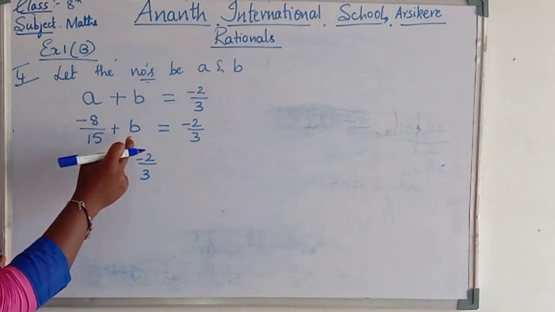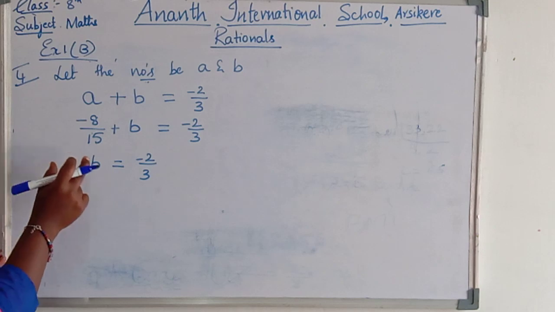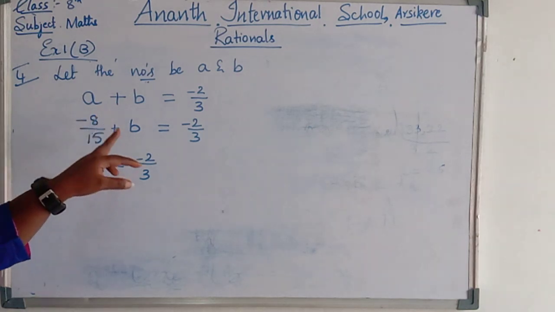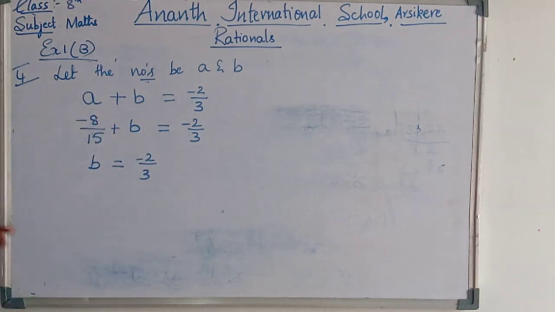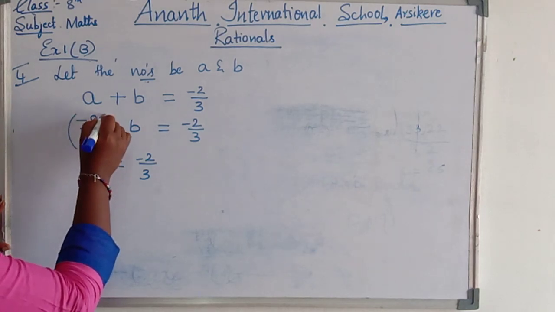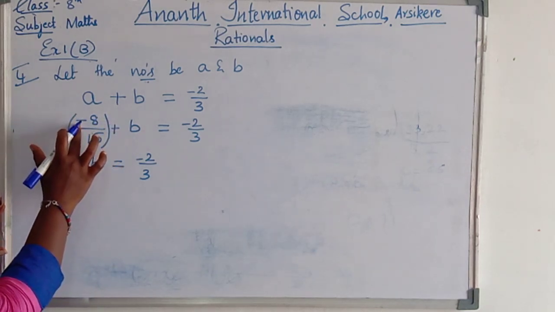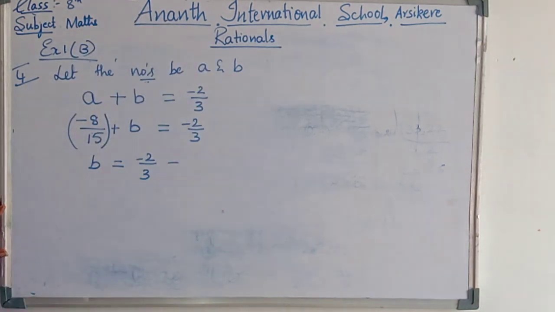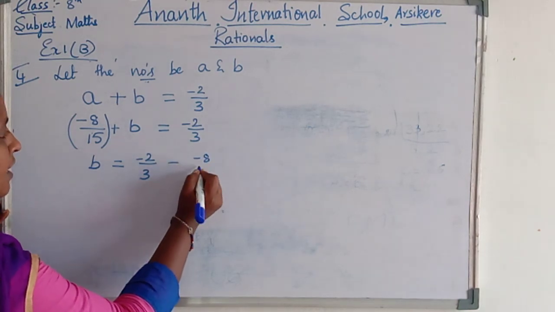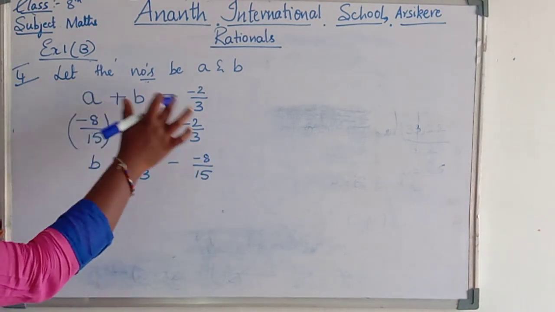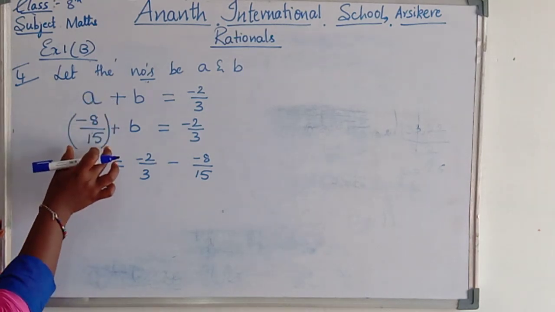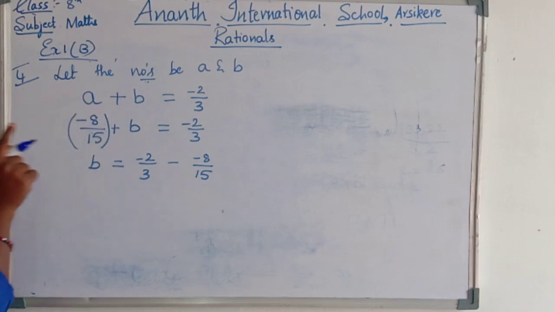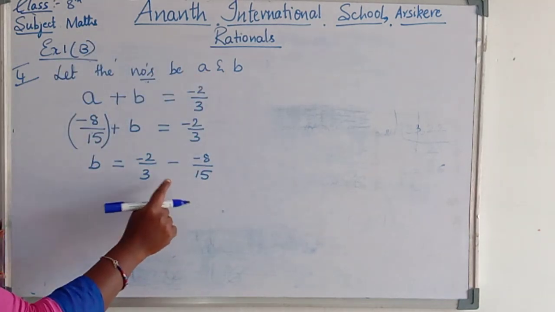We want the answer for the unknown value B, that's why I am shifting minus 8 by 15 to that side. When shifting minus 8 by 15 to that side, what will it become? Here this is the whole rational, it is a minus, so the whole value is here plus. When you shift that side, it will become minus, so minus 8 divided by 15. Don't consider that it will become plus, it's wrong. Why? The whole value of the A rational is minus 8 by 15, so the whole rational sign is positive here. When you shift this side, it will become negative.